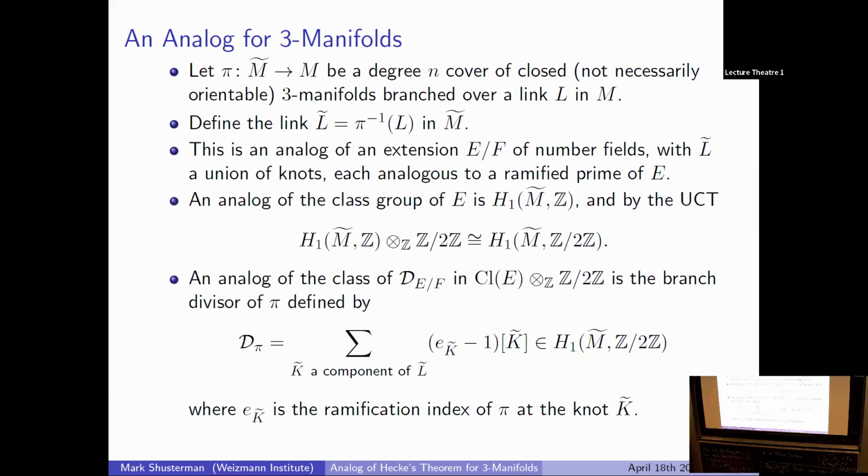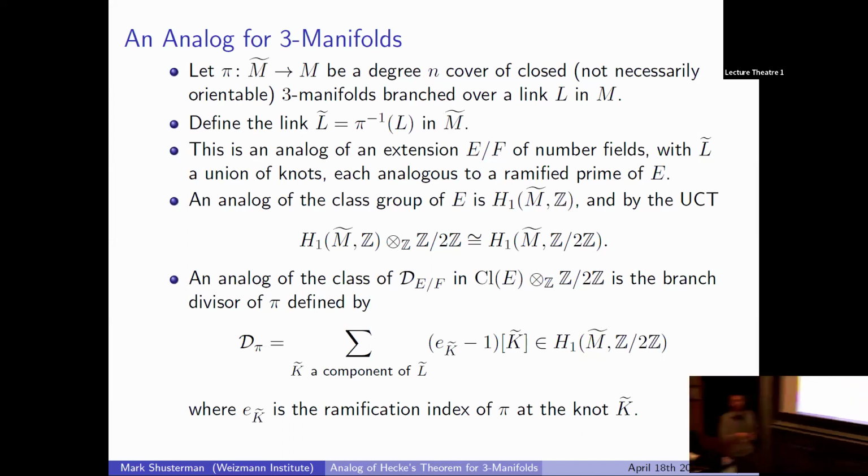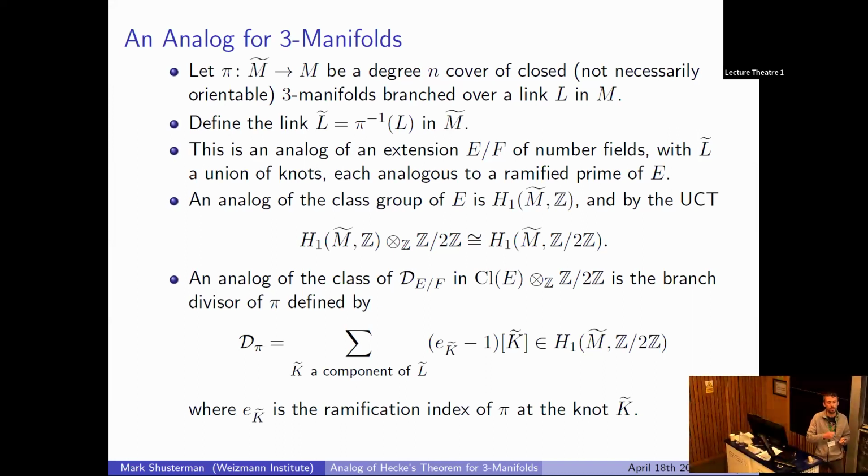I think different people here could have different opinions of what would be a natural definition. It's not a manifold, it's the branch locus, right? Right, but a branched covering here is more than just saying that the branch locus is a link. So you need to have well-defined ramification indices. Locally, it should be like a rotation, but raising to the power e, basically.